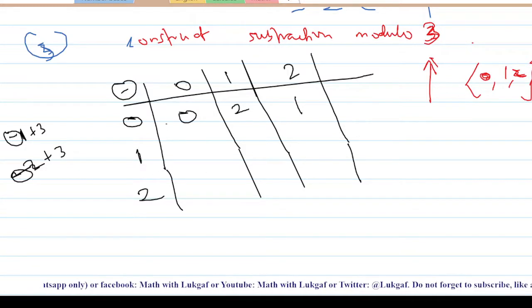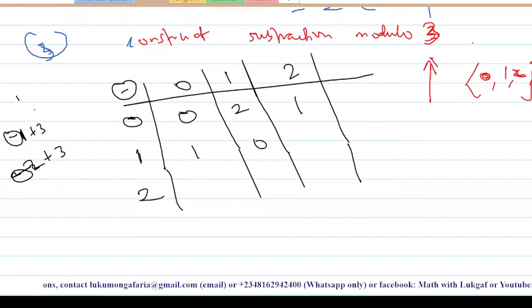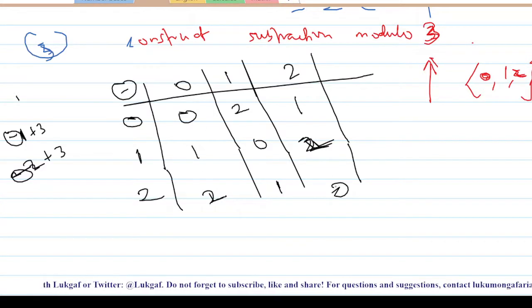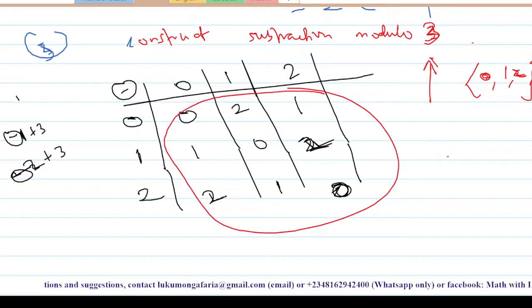So you can do this for this case too. 1 minus 0, that's 1. 1 minus 1 is 0. 1 minus 2 is minus 1 again. So don't forget which positive multiple of 3 follows immediately after 1. That is 3. When you add minus 1 plus 3, that will also give you 2. So 2 minus 0 is 2. 2 minus 1 is 1. 2 minus 2 is 0. So if you notice, all the possible differences are numbers that fall in this residue.